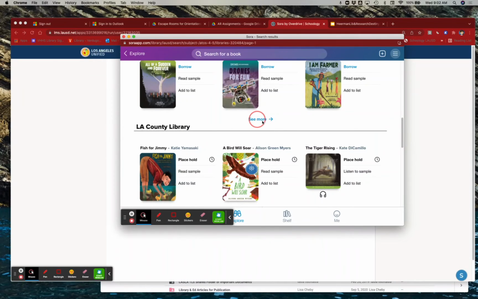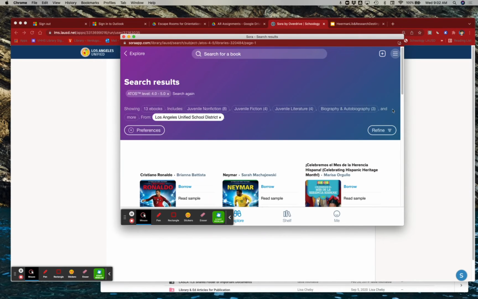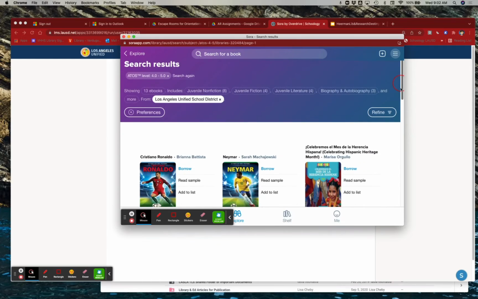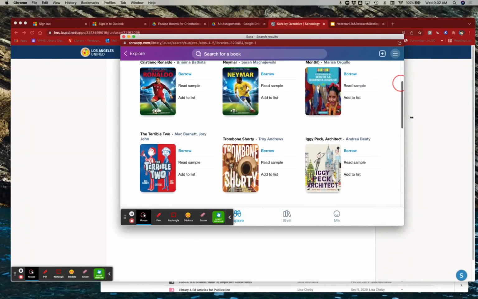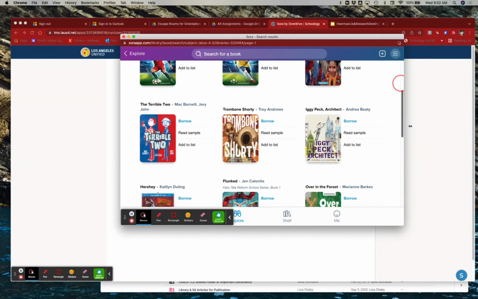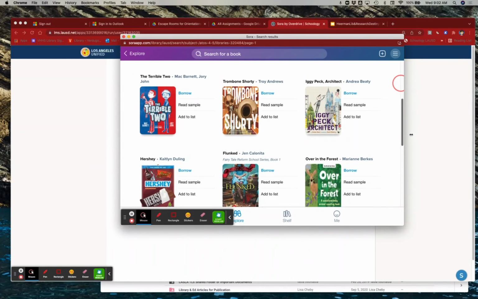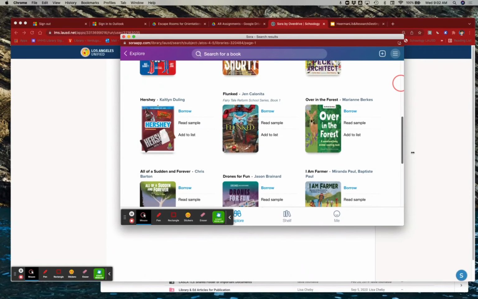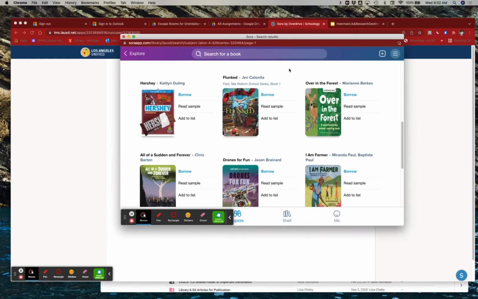If I just want to look at LAUSD, the nice thing about the LAUSD books is they should always all be available. They should have a multi-reader license, so there's no having to put a book on hold and wait for it. Once you find a book that looks interesting to you, so this looks like kind of a